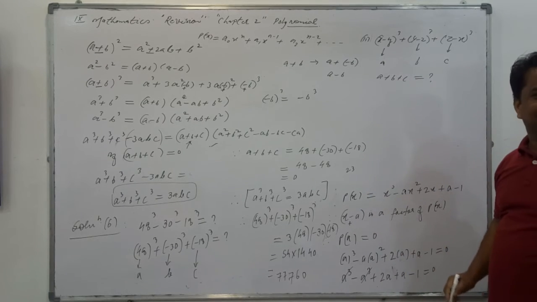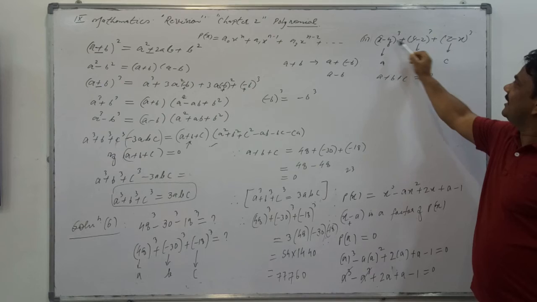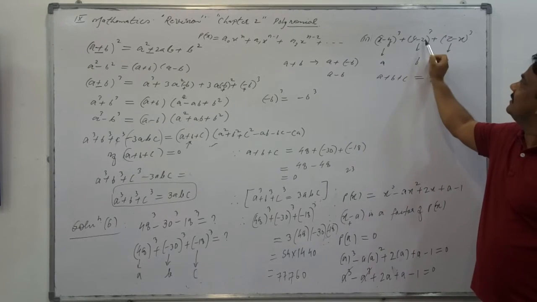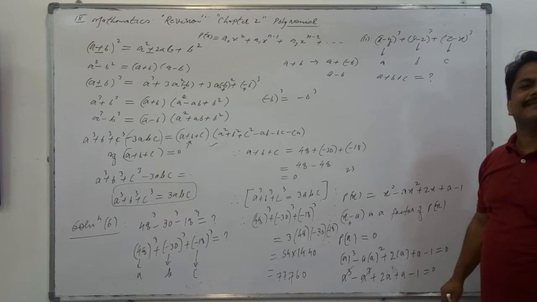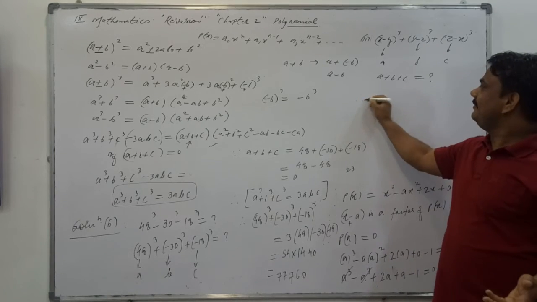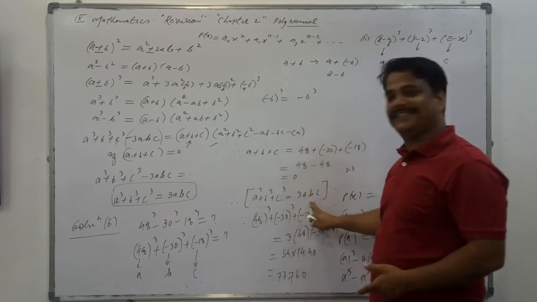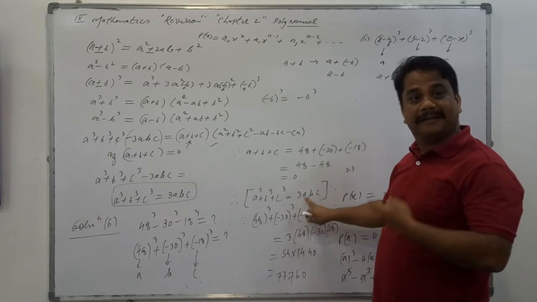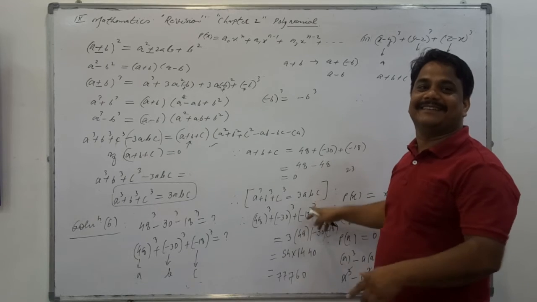Will 0 come? Yes sir. This minus this, here it is plus occurring. It will cancel. Here negative occurring, positive cancels negative, so 0. Obviously 0 will come here. Therefore this formula is to be applied here. So here 3 into x minus y, y minus z, z minus x.